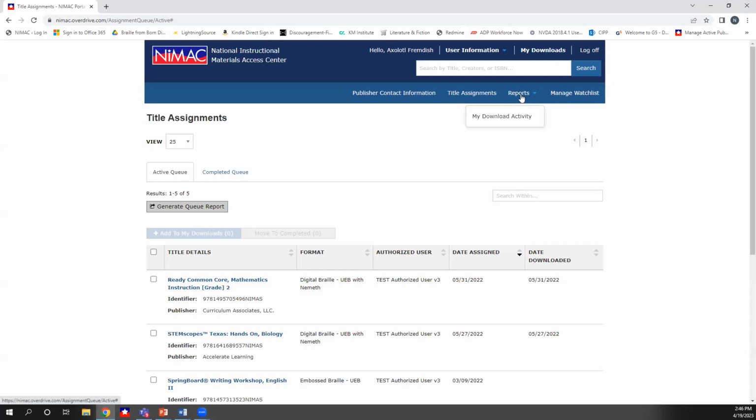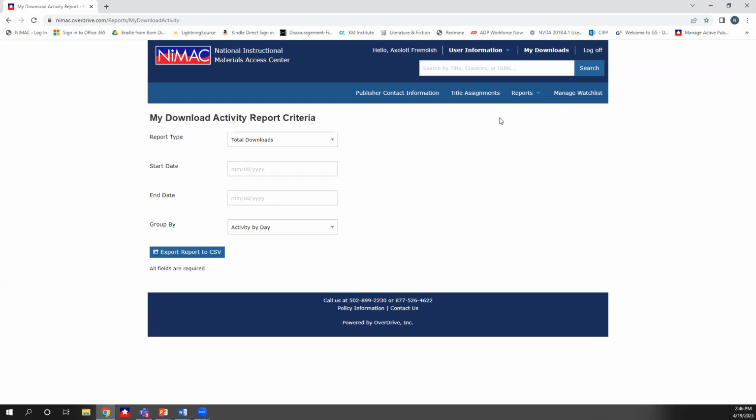Reports, this is basically another optional feature. If, for whatever reason, you find that having a report of your own download activity is useful to you, you have the ability to do that by whatever start date and end date you want. And there are a few different options for grouping the data. It will export as a CSV file that you can open in Excel or any other spreadsheet